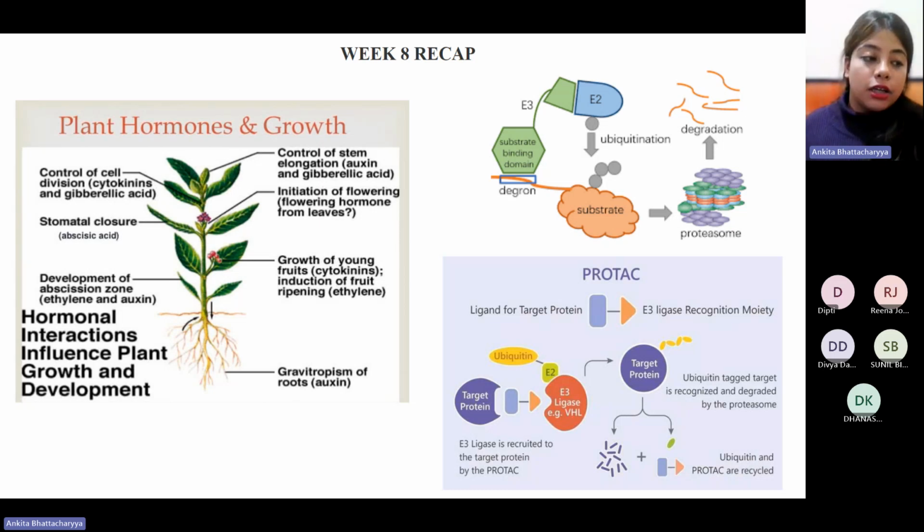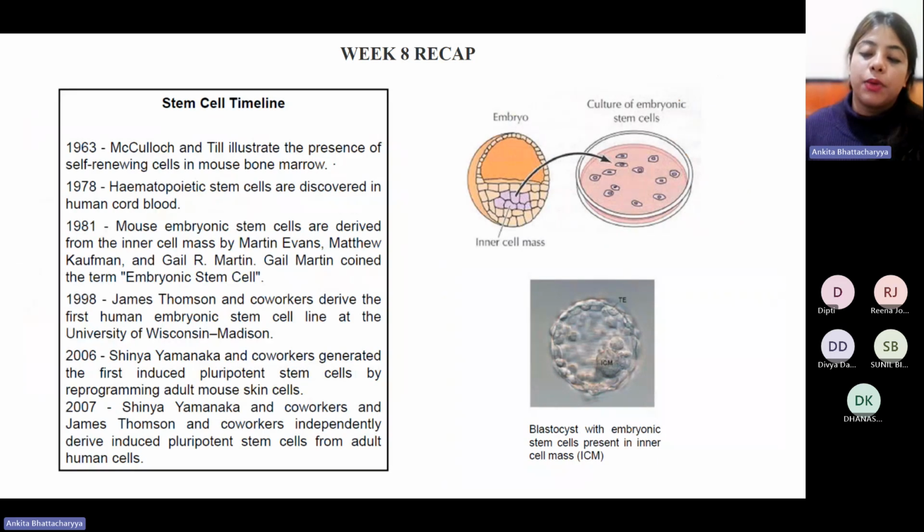As you can understand in this case, if you have to have a ligand for a target protein, then that protein's structure and arrangement needs to be well known. So for proteins whose structure is not known, alternative strategies are being developed over time. There are bridged PROTACs. There are other different types of non-specific PROTACs which are all being looked into. So keeping this in mind, we will now shift our focus to the next region.